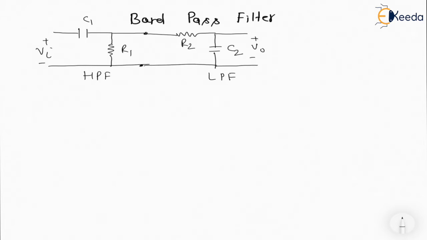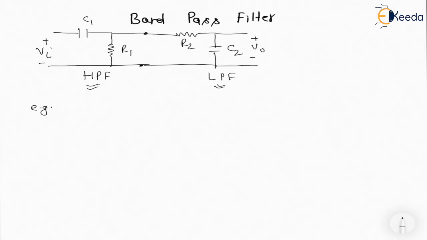of high pass filter. It is not necessary that you will represent always the high pass filter first and low pass filter later. No, you can change the direction, you can change the orientation, but you only have to keep in mind that the cutoff frequency of low pass filter must be greater than cutoff frequency of high pass filter. So this is the basic diagram. Now I am going to draw a practical example.